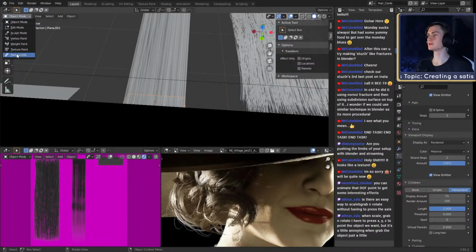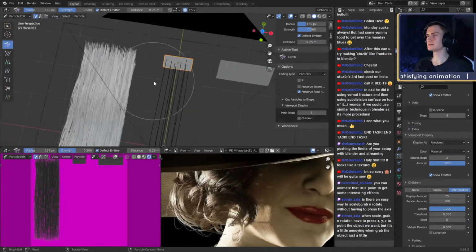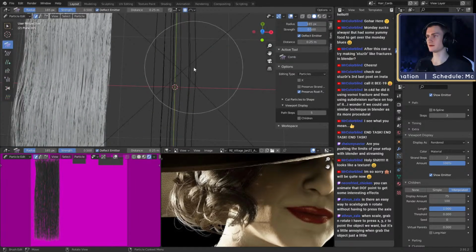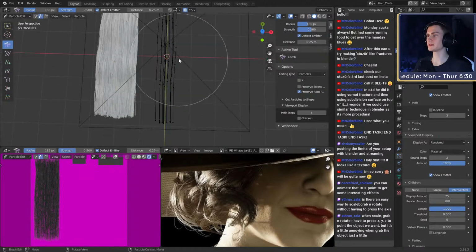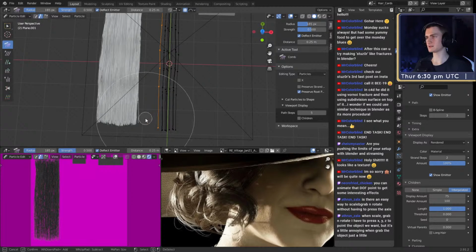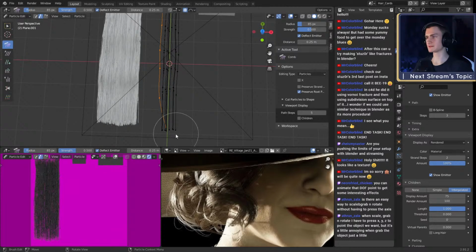Let's go back to particle edit and adjust these individual hairs. You can switch between the display modes. These curves basically have multiple points, like vertices. We can see all of them like that, and then we can select one single strand and adjust it individually. As you can see, now we only adjust one of these hair strands.